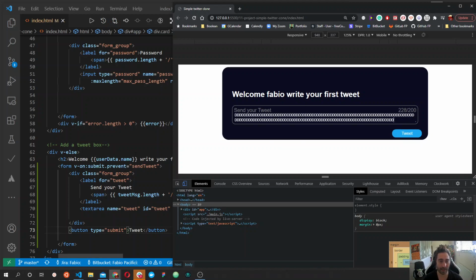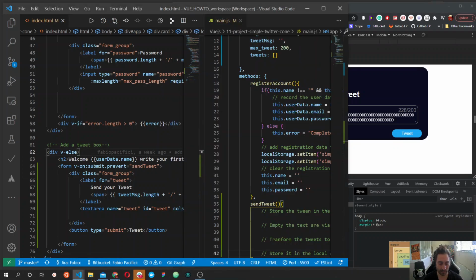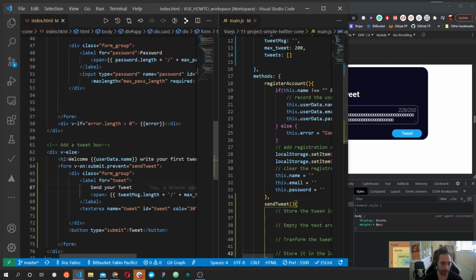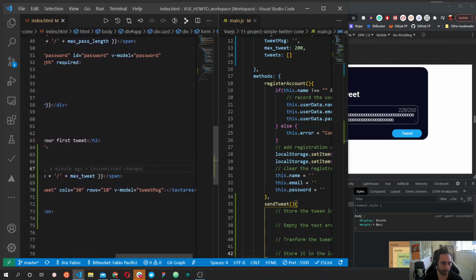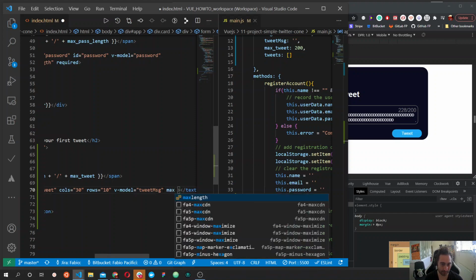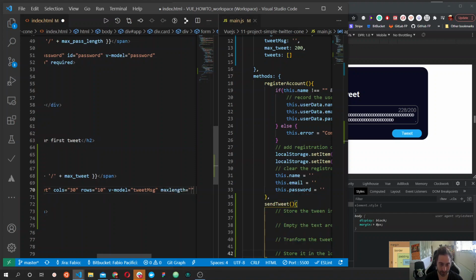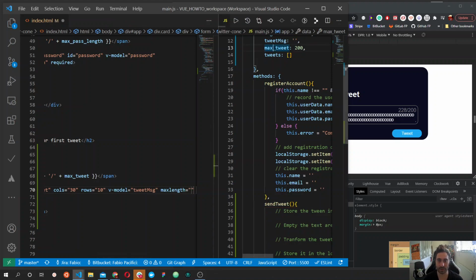So we can add an attribute on the HTML side just to avoid the user typing more than that. We can use the maxlength on the text area. So we use the maxlength and we can use this max tweet property,